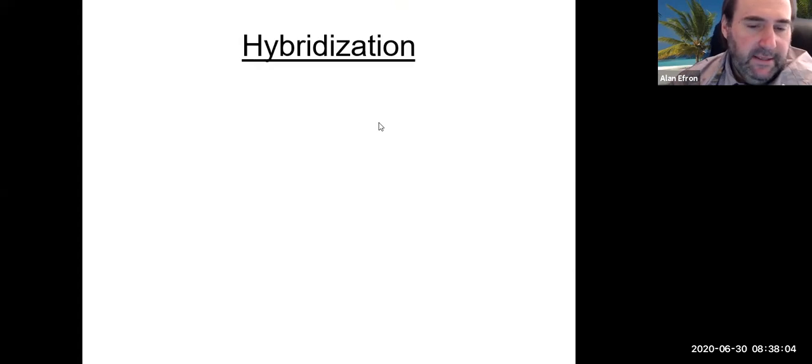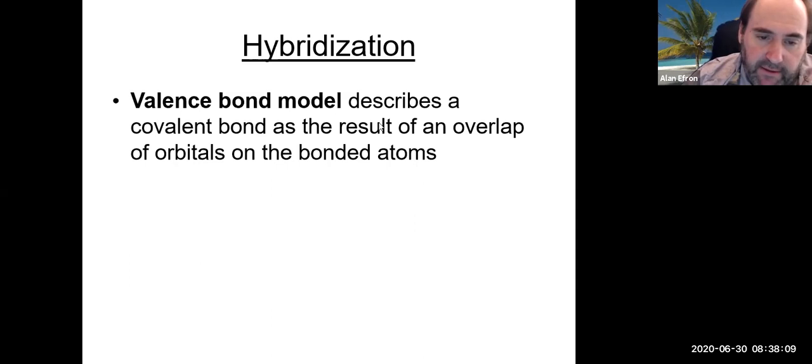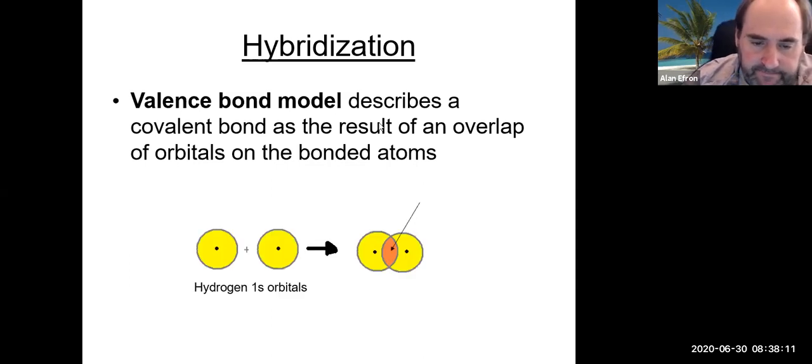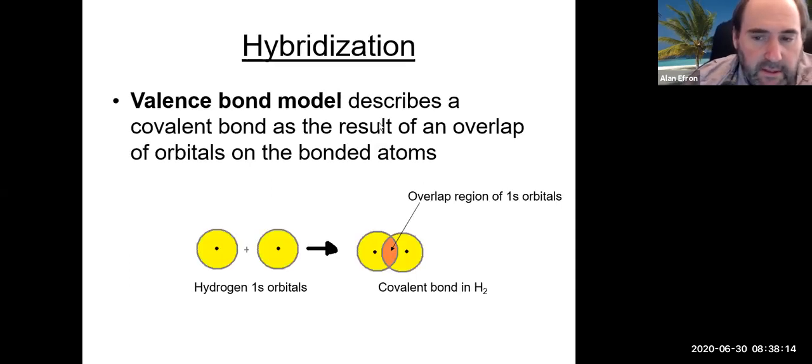Okay, so the next thing we're going to talk about, we've been talking about what's sometimes referred to as valence bond theory, and we're going to talk about another theory of bonding. This theory of bonding helps us see the bond angles that we see in these molecules. And this is what is known as hybridization. So hybridization is a bonding model that helps us explain the geometries, more so the bond angles, that we see in certain